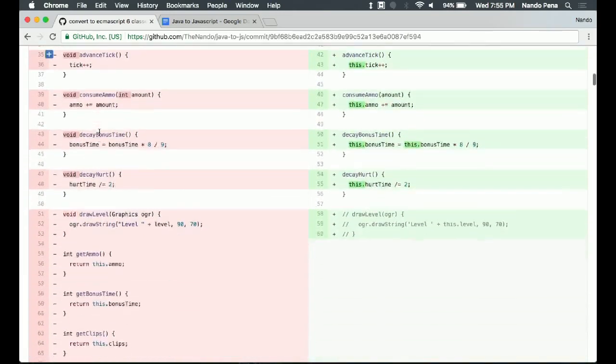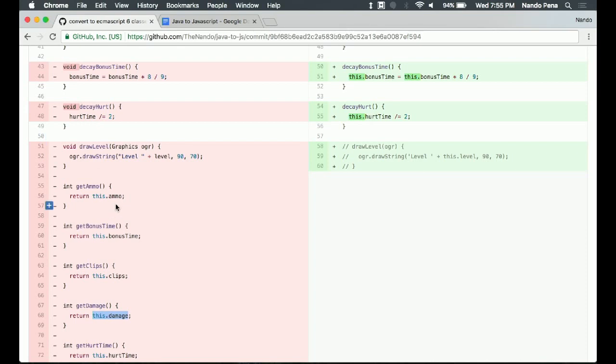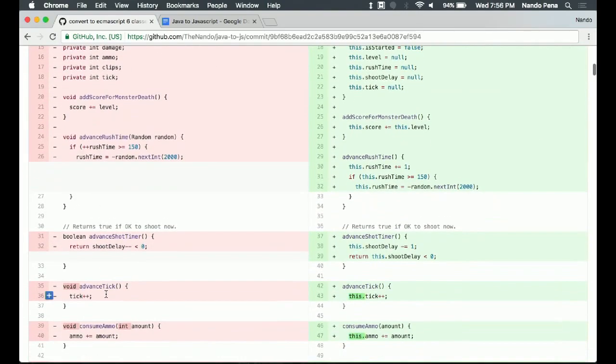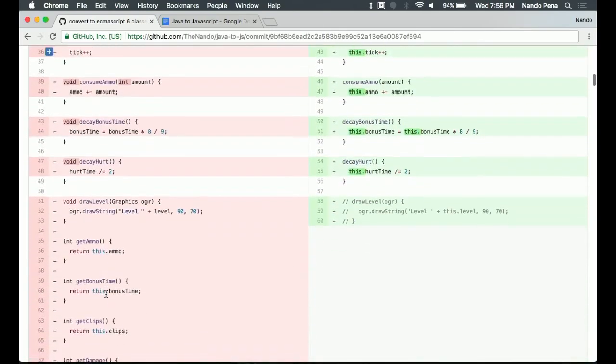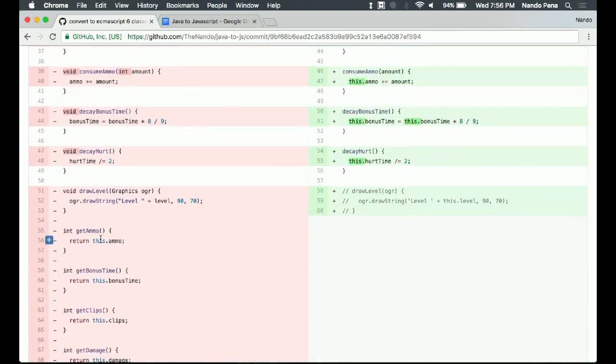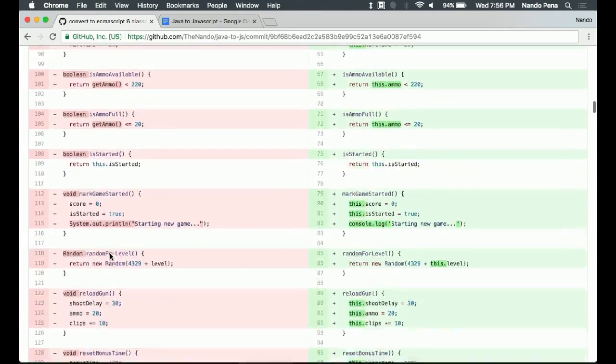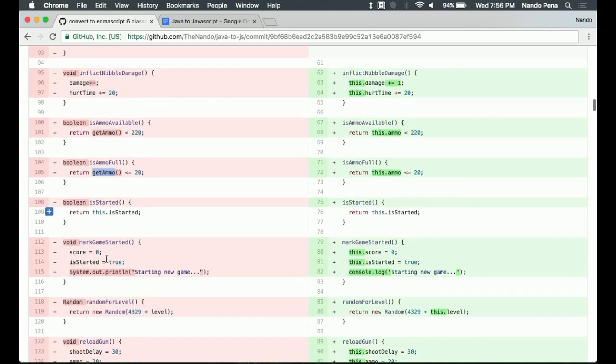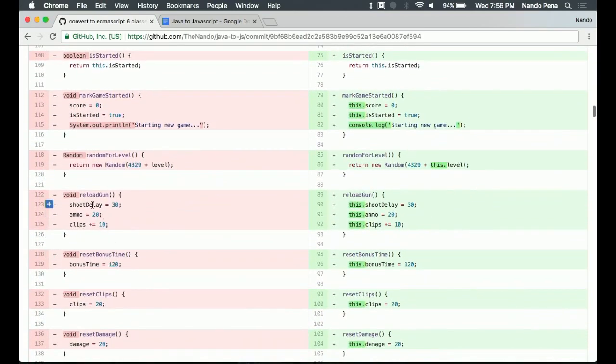So yeah, I've kind of put this together in a hurry, but it'll be a little more refined as we go. But any of the stuff that we're returning, usually the idiom in Java is that you put a getter and a setter there to keep this member private. All of these members were private. That means that you don't expose them to whatever's consuming your class. They can't change them. They can just get them. They become read-only unless you add setter methods to manipulate them, or you manipulate them in other ways, like here, you can reload your gun, and that's going to access all these private members.